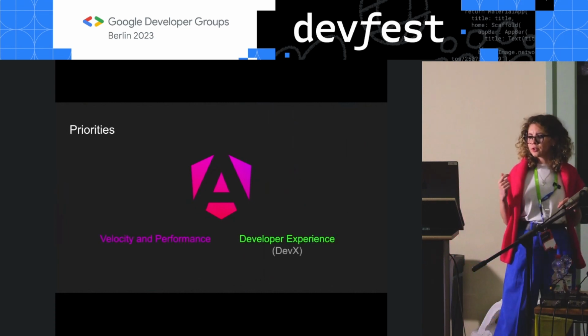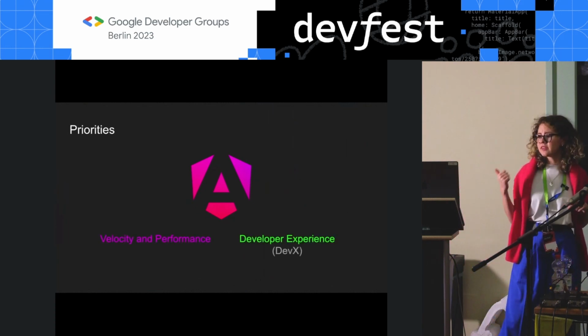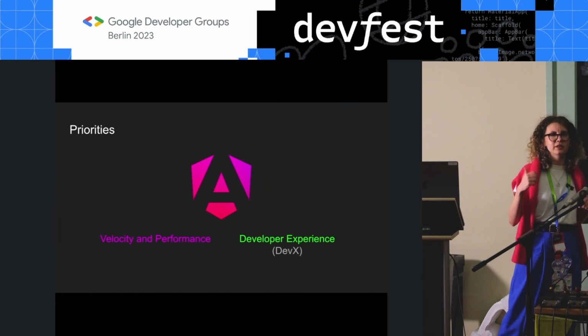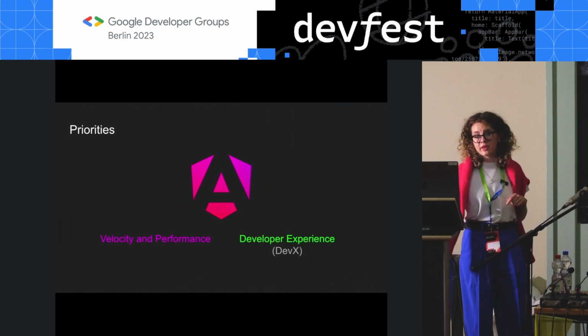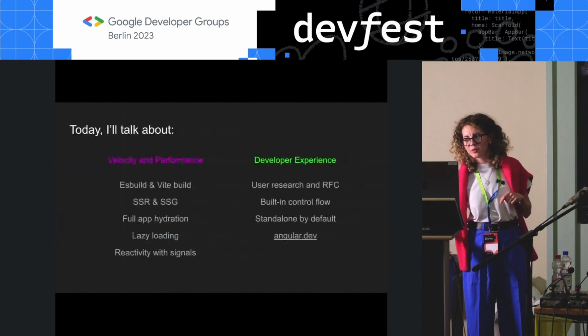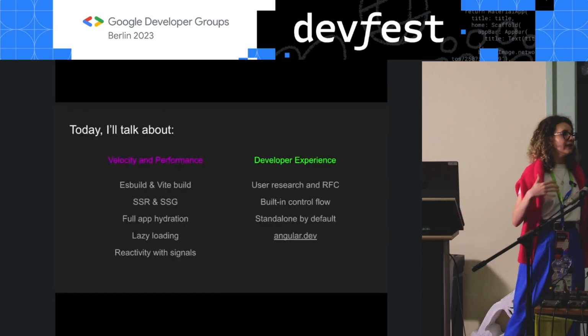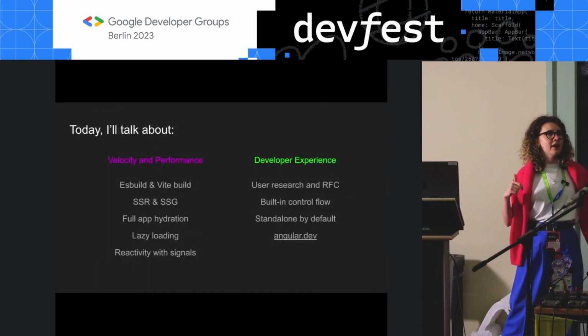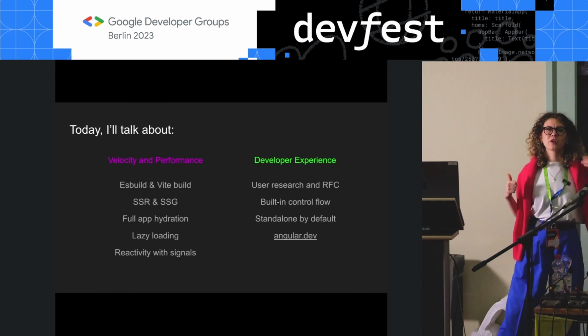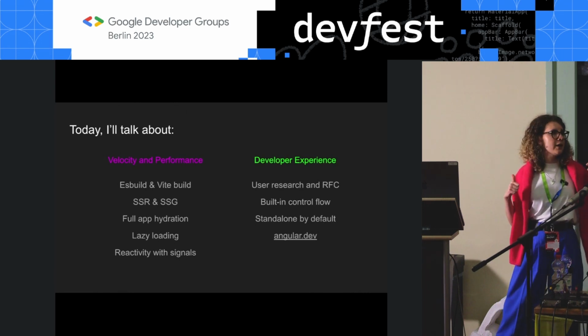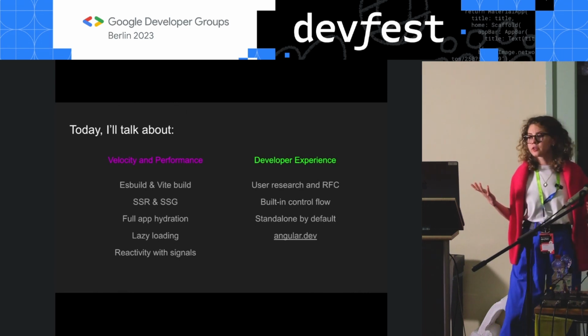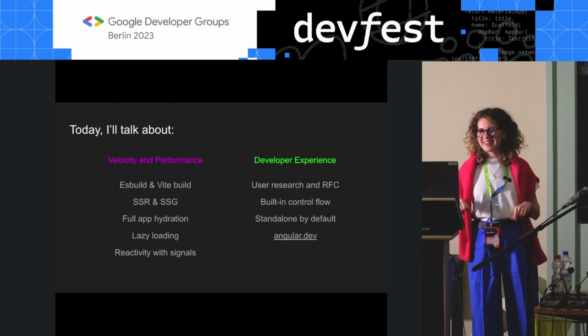First one being velocity and performance, and the second one being developer experience, or DevX. And today I'd like to discuss these two themes with you. And for myself, I identified some features that are most remarkable, according to me, and that will really change the future of Angular development. Again, according to me.